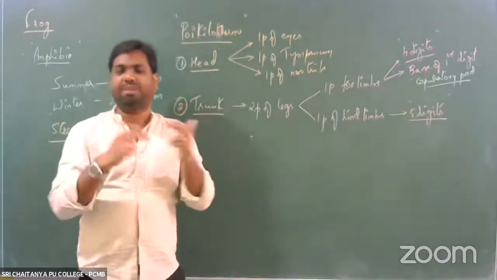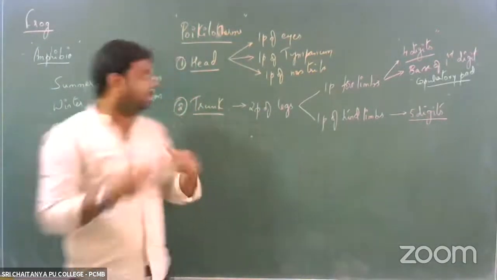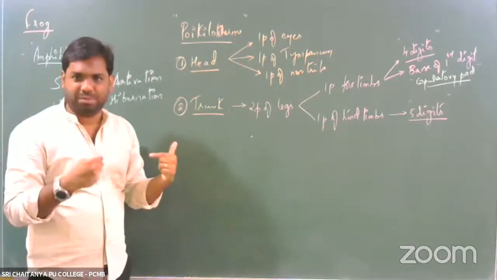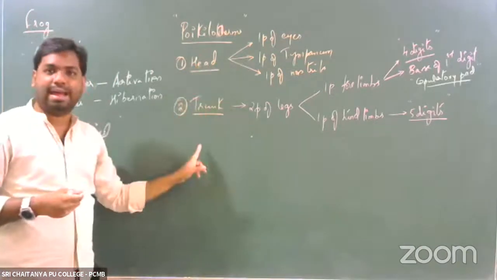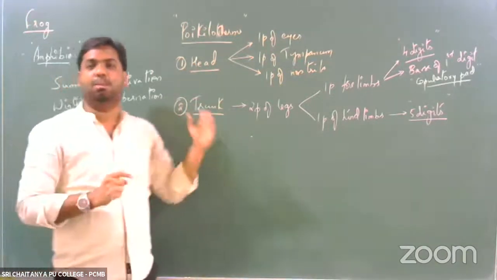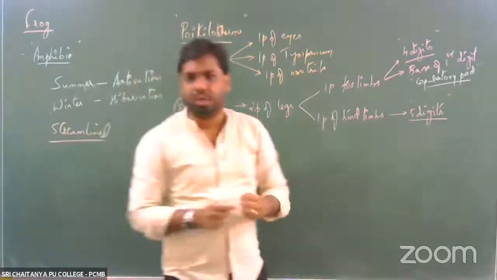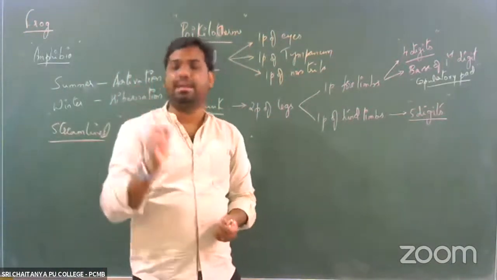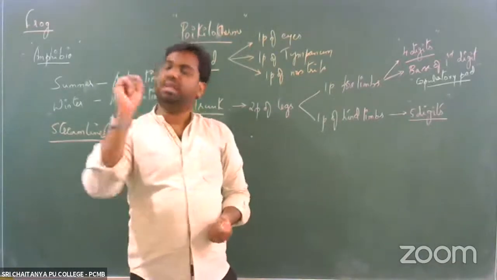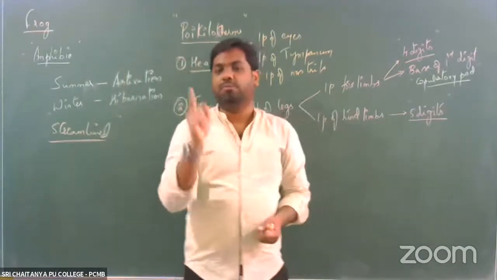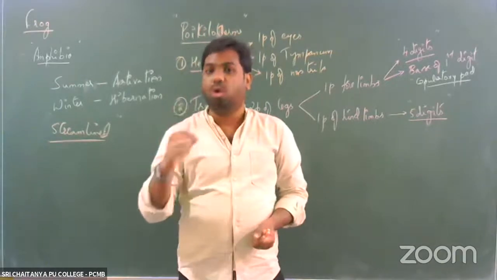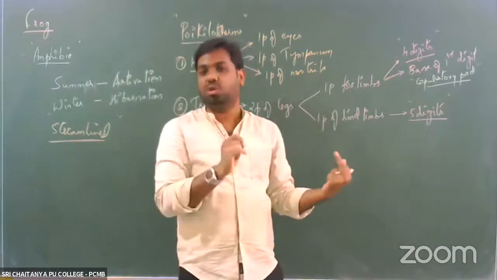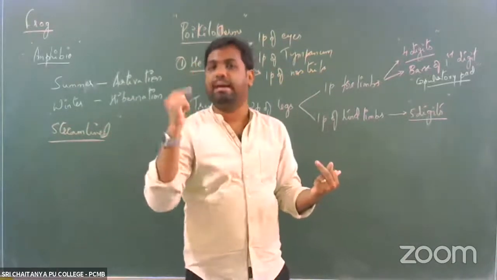Second way, how do we identify between a male and female organism? In between the head and the trunk, we said that there is no neck present. At the junction of the head and the trunk, the male organisms possess something called vocal cords. Right? So if vocal cords are present at the junction of the head and the trunk, we can say that it is a male organism, because female frogs do not have vocal cords. So if vocal cords are present, it is a male organism. And what is the location of vocal cords? The junction of the head and the trunk.